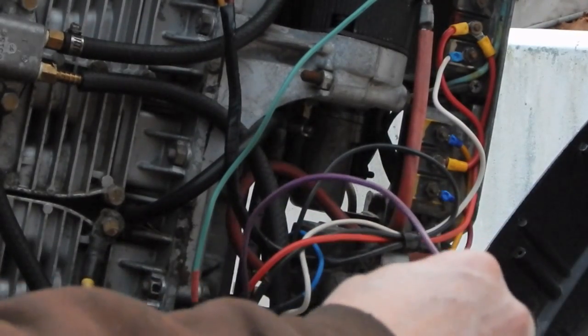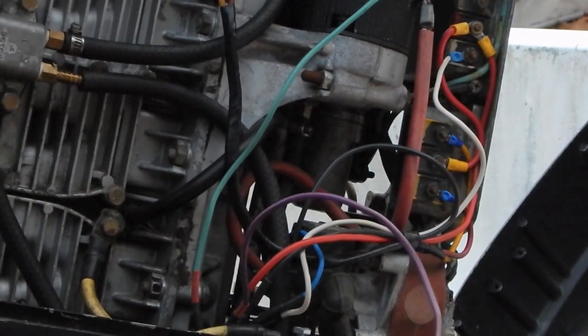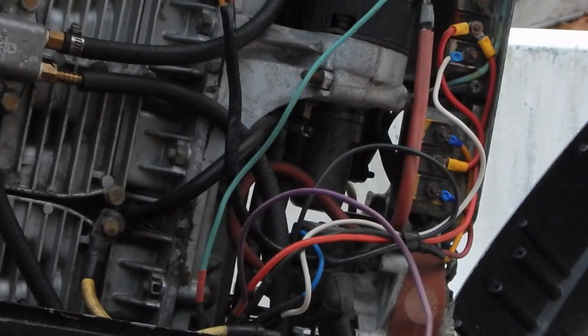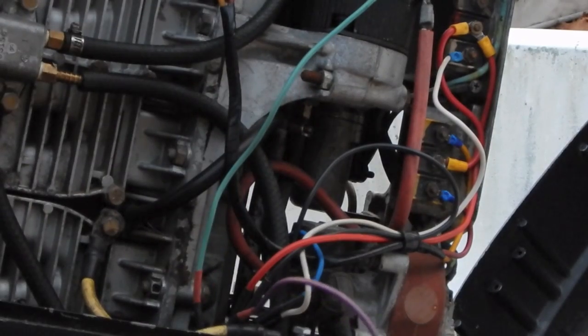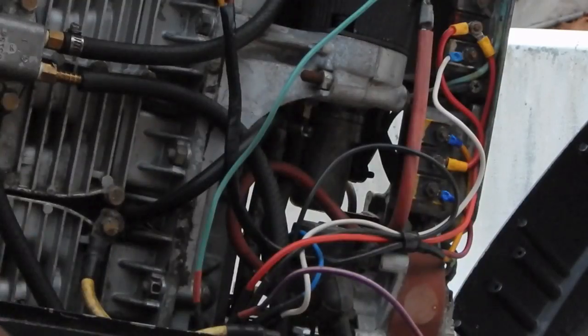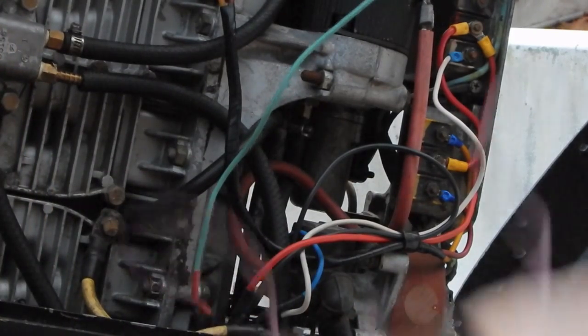It goes to the tachometer connector on the front of the Merc control, and that tachometer connector has a plug going in it. It goes to a tachometer on the dashboard, which I have no idea whether it works or not. That would be a handy thing to have. But my problem is that I think, if memory serves me, this purple...